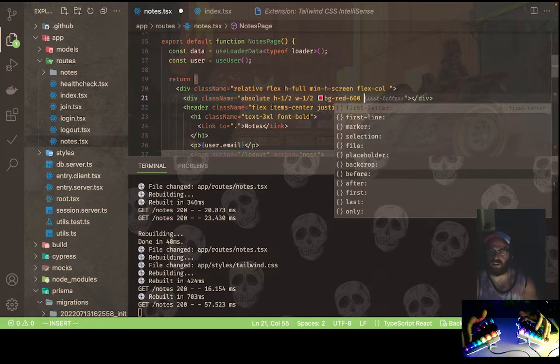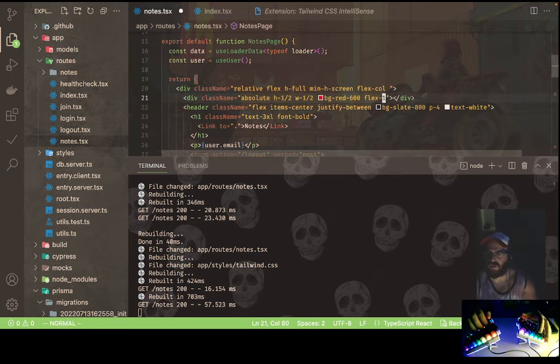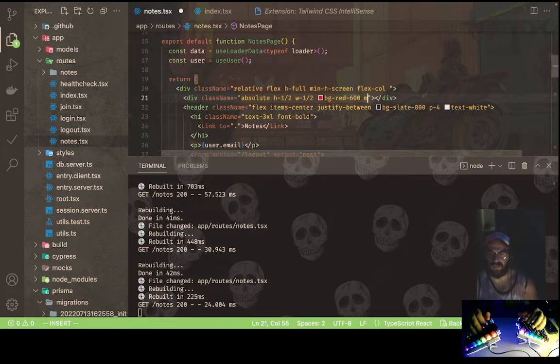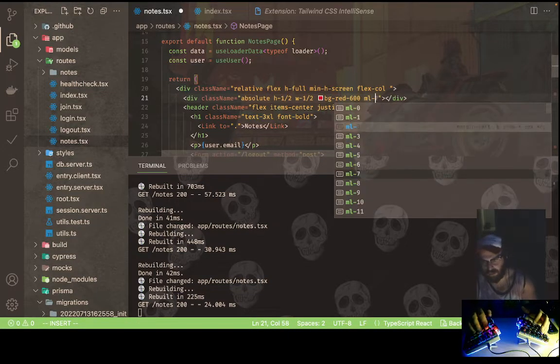You know what? No, I'm horrible at this. Let's see. For now, I'm just going to do a margin left massive and just make it approximately in the